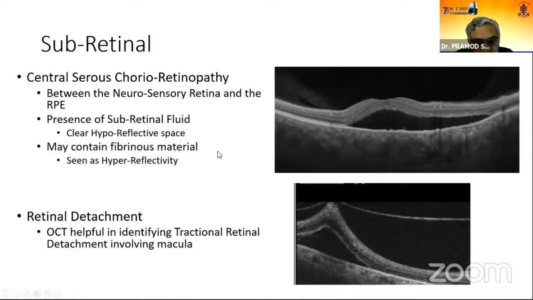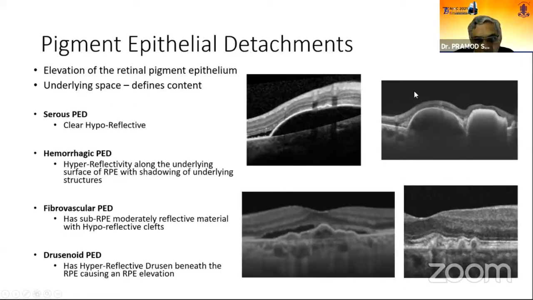Typically, when you look at a subretinal space, you have central serous chorioretinopathy where sensory detachment shows a hyporeflective space full of fluid, but sometimes you can have fibrin material which gives hyperreflectivity. Coming to pigment epithelial detachment, depending on the filling, you can have,